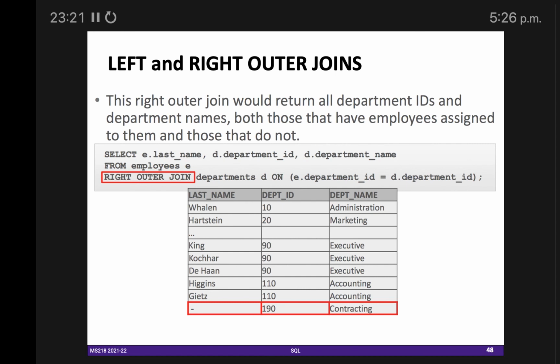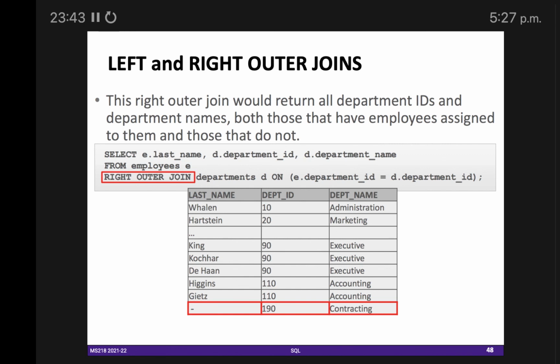So this is left outer join. Left outer join will bring all rows of the left table, matched or not matched. For right outer join, it will bring all rows of the right table, those that are matched with the left one and those that are not matched with the left one. So this is right outer join.